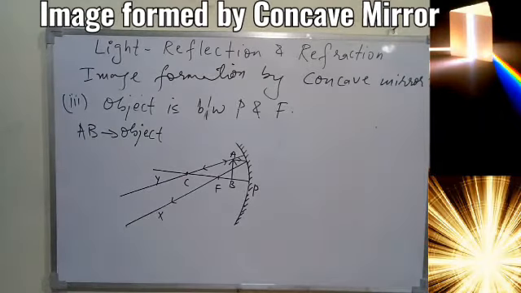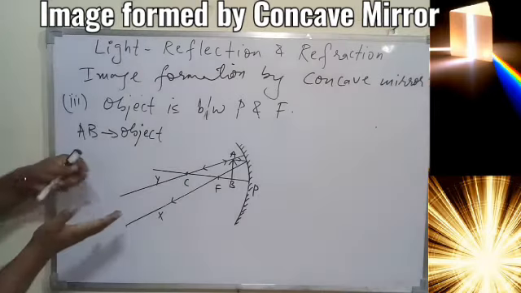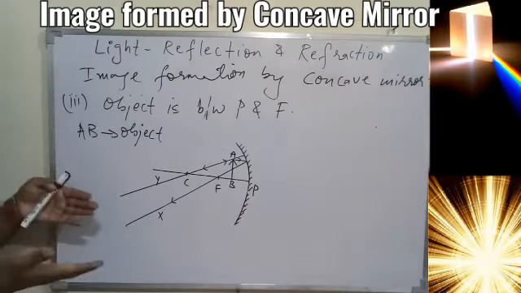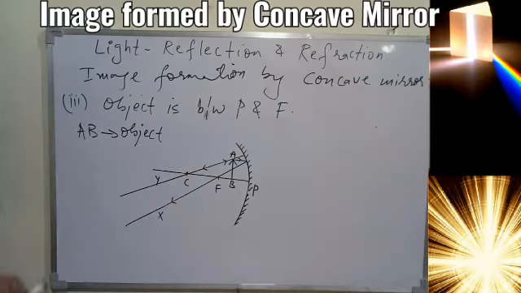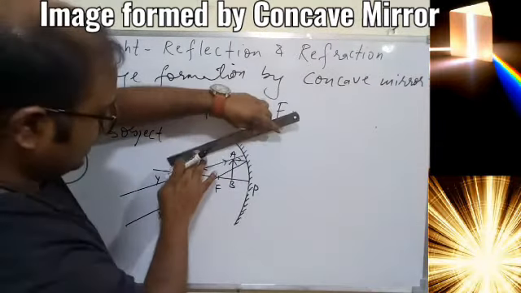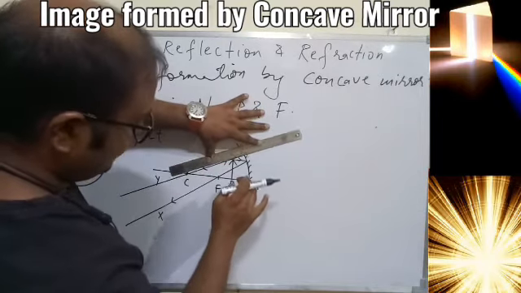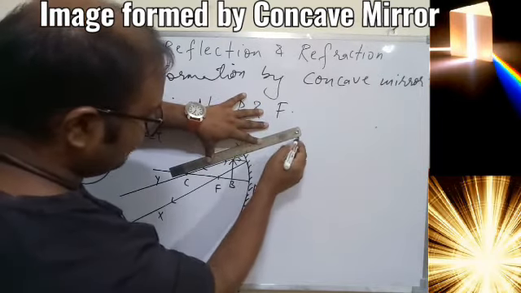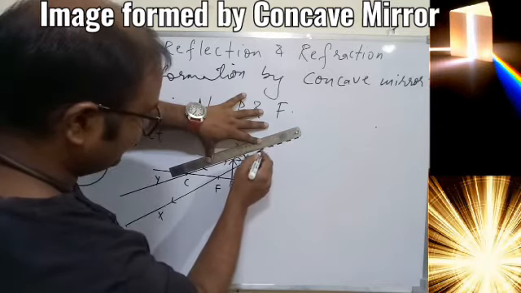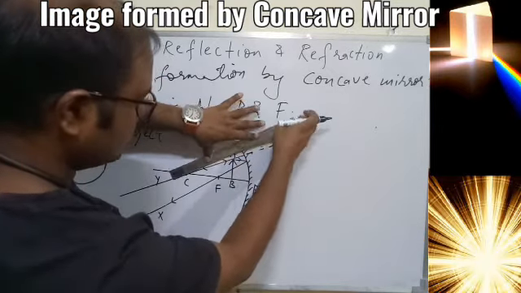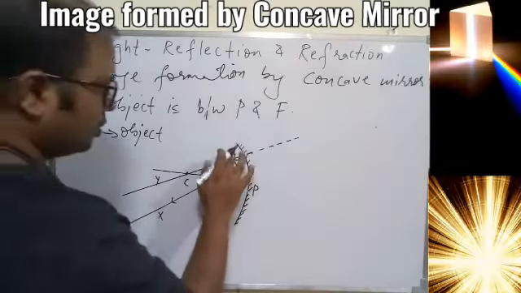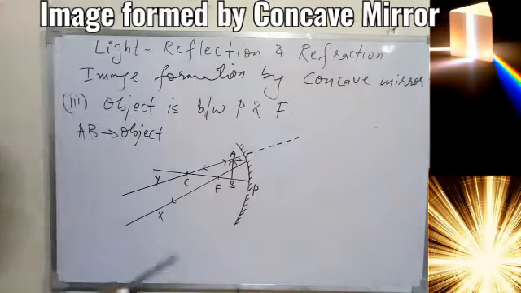So if you extend it forward, even if you go for infinite length, these two rays can never intersect, or they cannot meet because they are moving apart from each other. So in this case, what is the possibility? It seems that this ray of light, Y, is somewhere coming from behind the mirror. This is one of the special cases of the concave mirror.